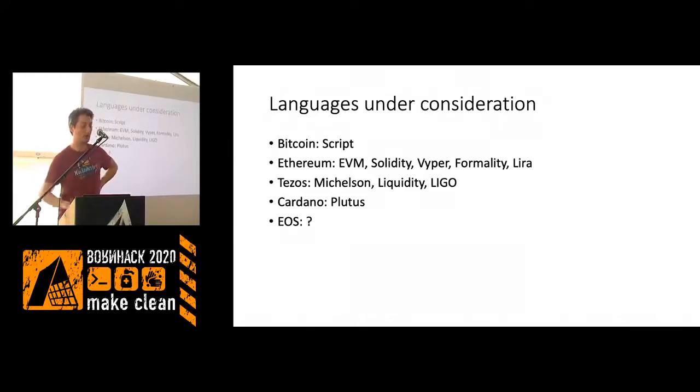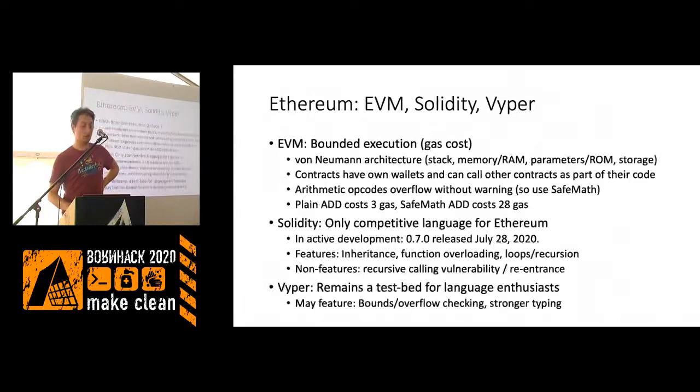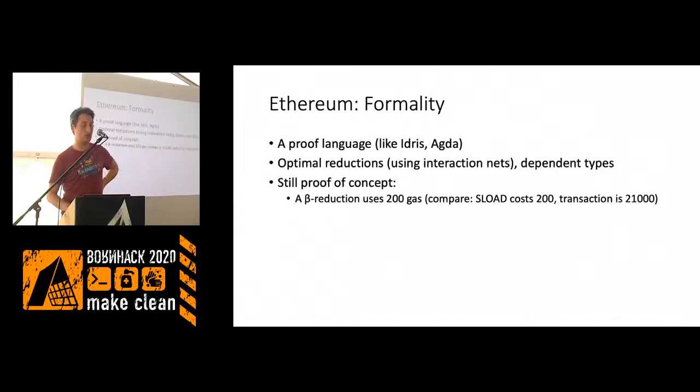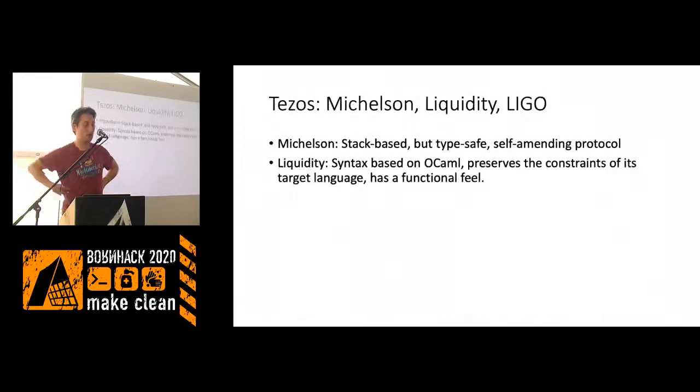In particular, Tezos and Cardano will be the last subjects of this talk, looking at the languages that are designed for these blockchains, what they have to offer, and also what are the implications of the primitives, what features the blockchains offer, and how that affects language design. Because what I will want to try and conclude eventually is that